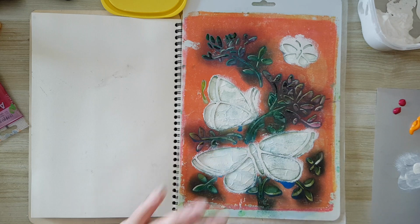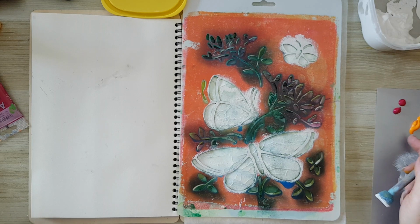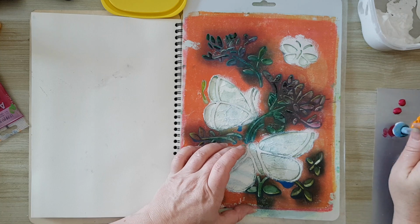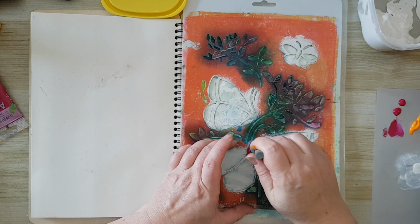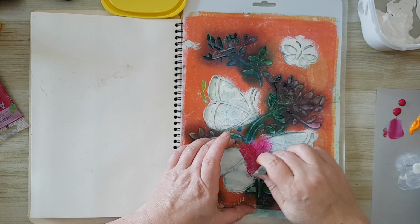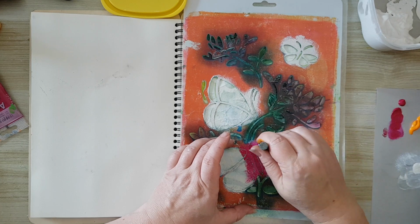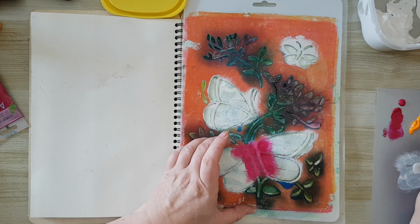Okay, I think I can already start coloring here. Now I've got yellow, I've got orange, and a little bit of magenta. I'm starting with a little bit of the magenta here, although I'm planning on covering the body of the butterfly with either brown or black. It's just easier for me now to lay down this magenta here without concerning myself that it's going on the